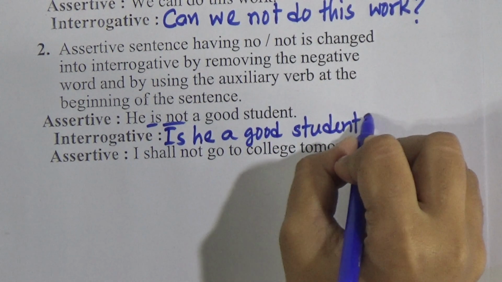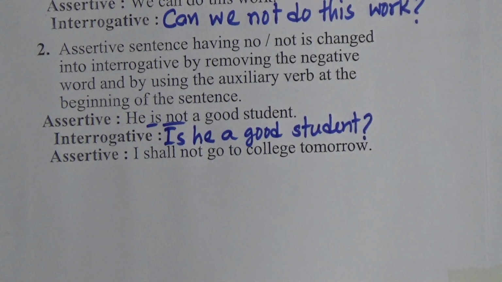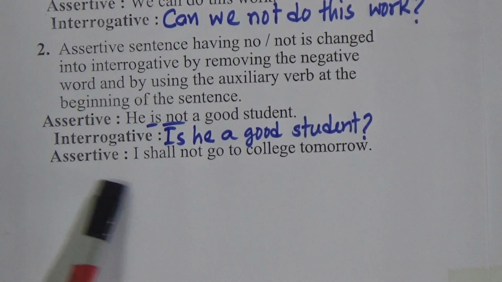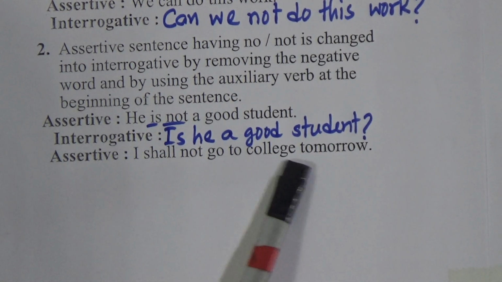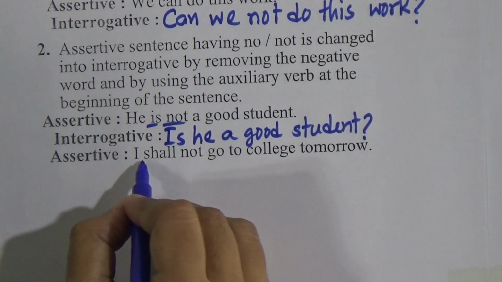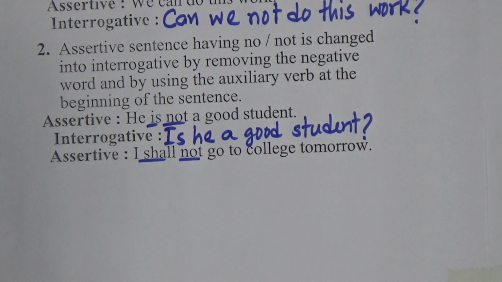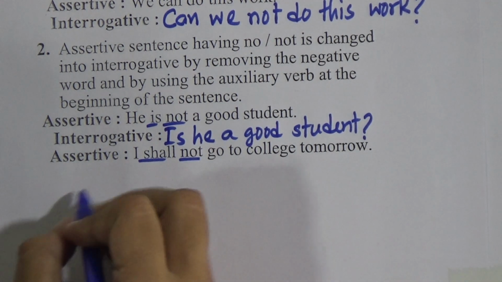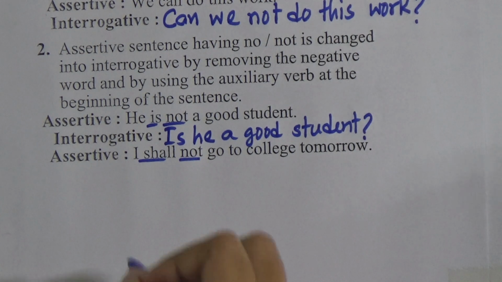Now we will give the note of interrogation, that means question sign, a question mark. Now look, next one: I shall not go to college tomorrow. Shall is the auxiliary verb and here is the word not. So how will we change it? We can write here. Now look,